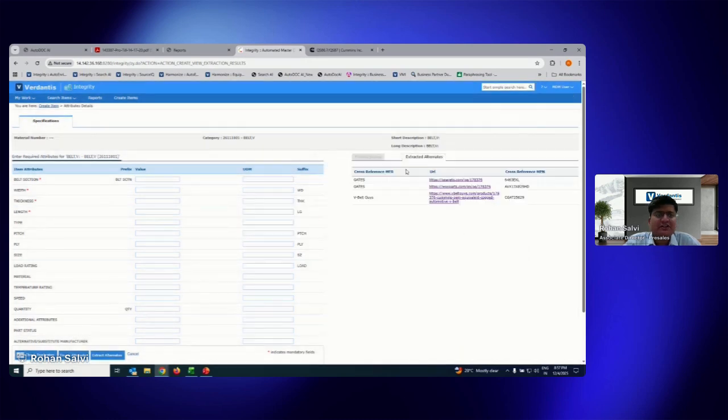Might take a few seconds, yeah. But then here it brings up the suitable alternatives, and again it shows us on what sources it has found this as a potential alternative.